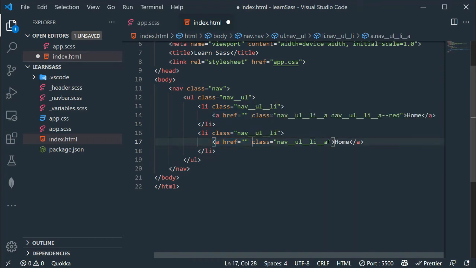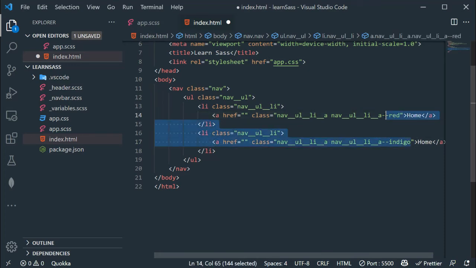So let me copy this class, add a space, paste the class. Now we have to add dash dash indigo. So dash dash red and dash dash indigo, these are modifiers.